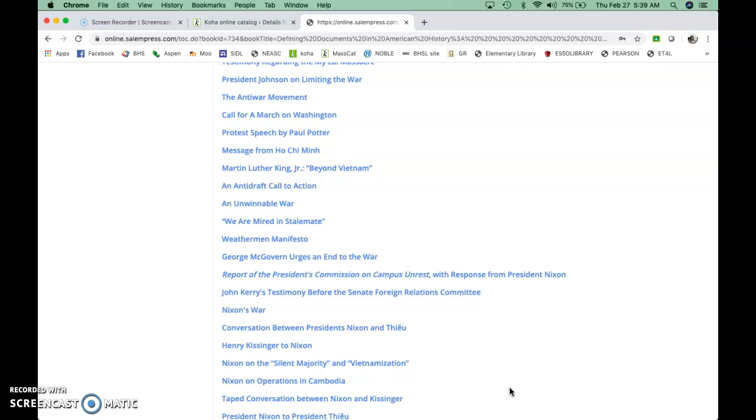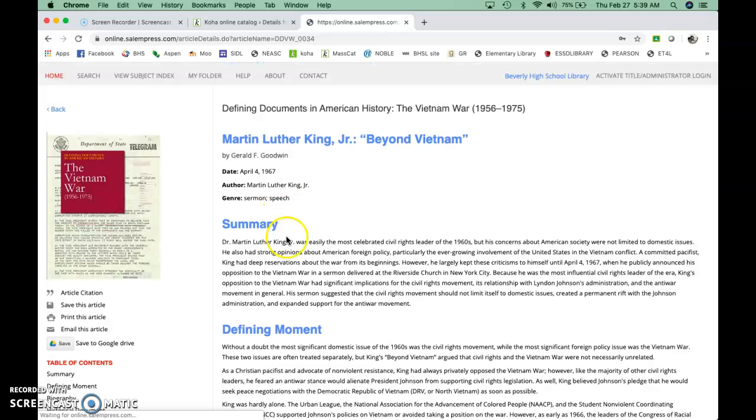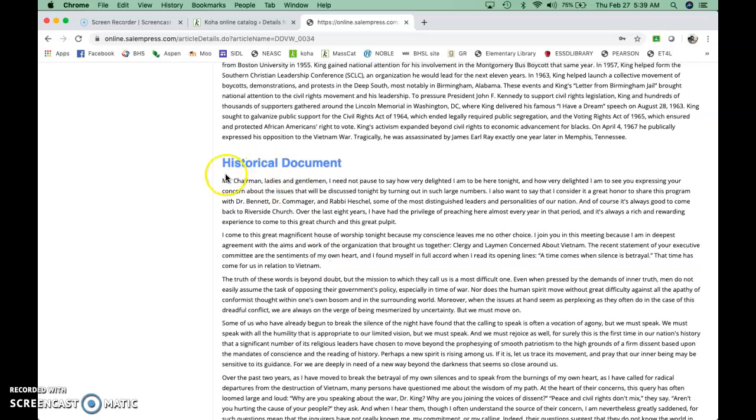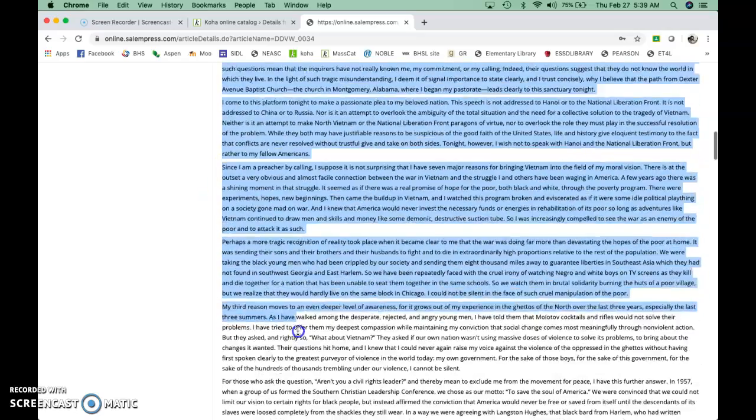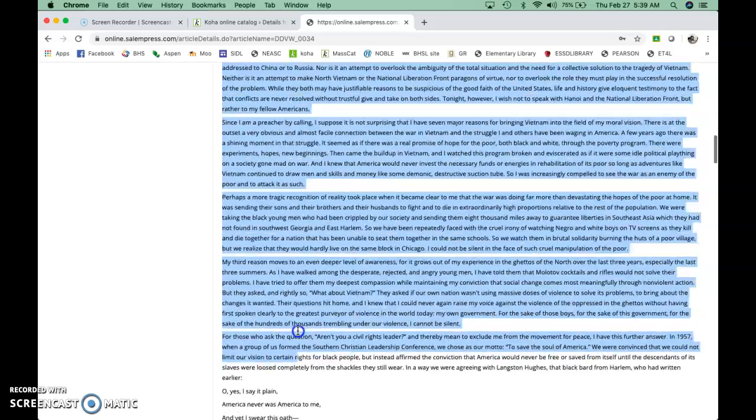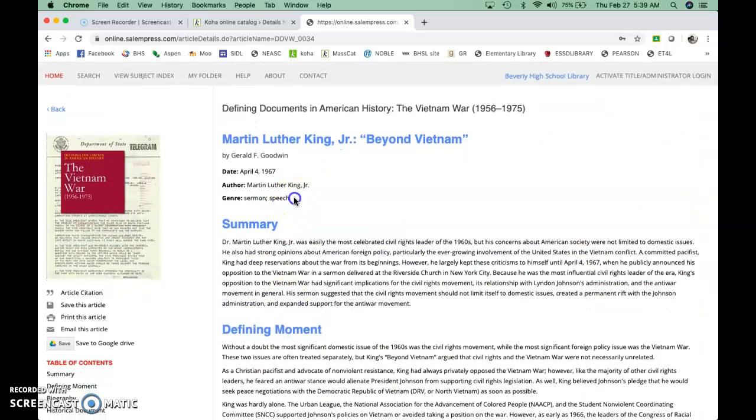Let's say you want to look at the intersection where civil rights meets Vietnam. So you're going to look at Dr. King's speech, Beyond Vietnam, or article. I'm not actually sure which it is. Sermon. Okay, so there's two pieces to these. The first is a historical document. This is the sermon that Dr. King gave about Vietnam. The information for how to cite that is right here. It was called Beyond Vietnam. It was by Martin Luther King Jr. It was a sermon. This was the date that it was given,